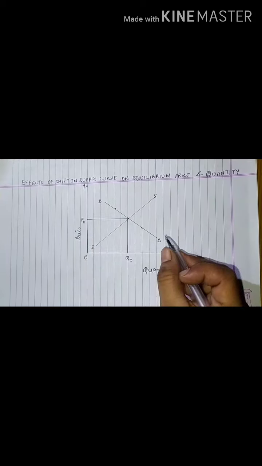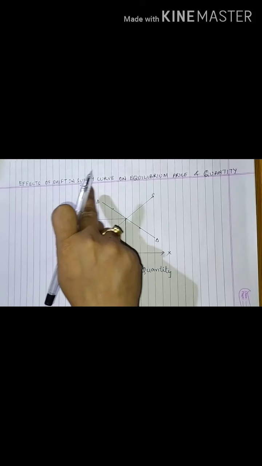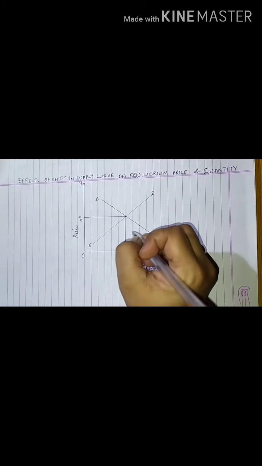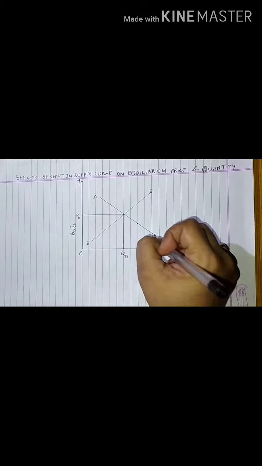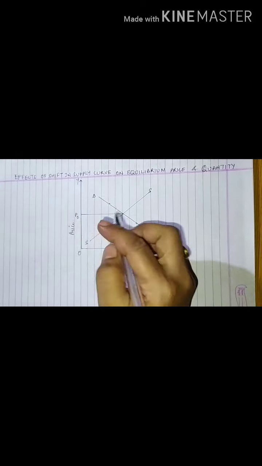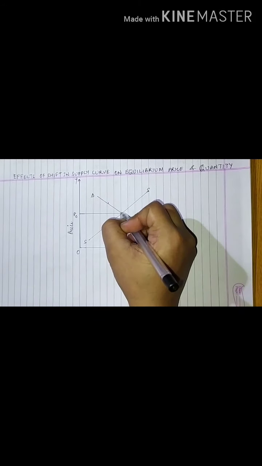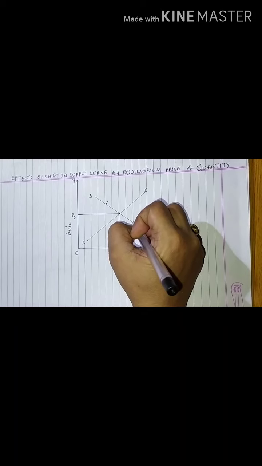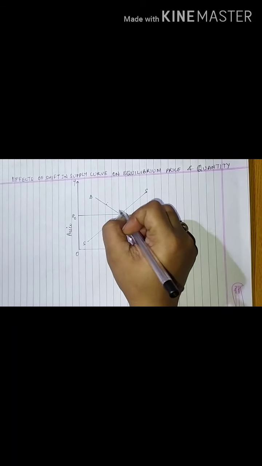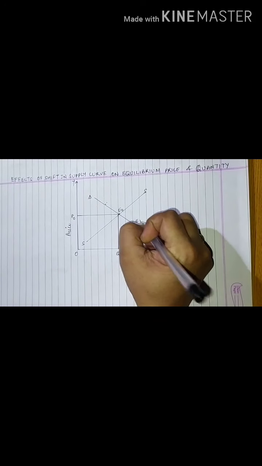Okay. Here, see what we are checking in the graph. We are checking the effect of shift in supply curve on equilibrium price and quantity. We are not touching demand. We will not touch the demand curve. We will shift the supply curve, once to the right, once to the left. When I shift it to the right, what is the condition? This is my old equilibrium. Fine. Now I will form a new equilibrium.